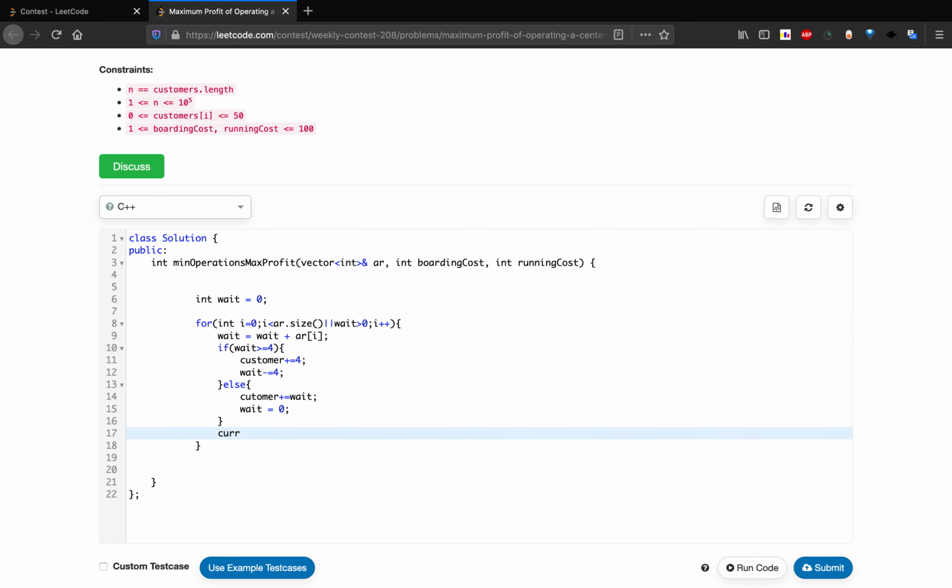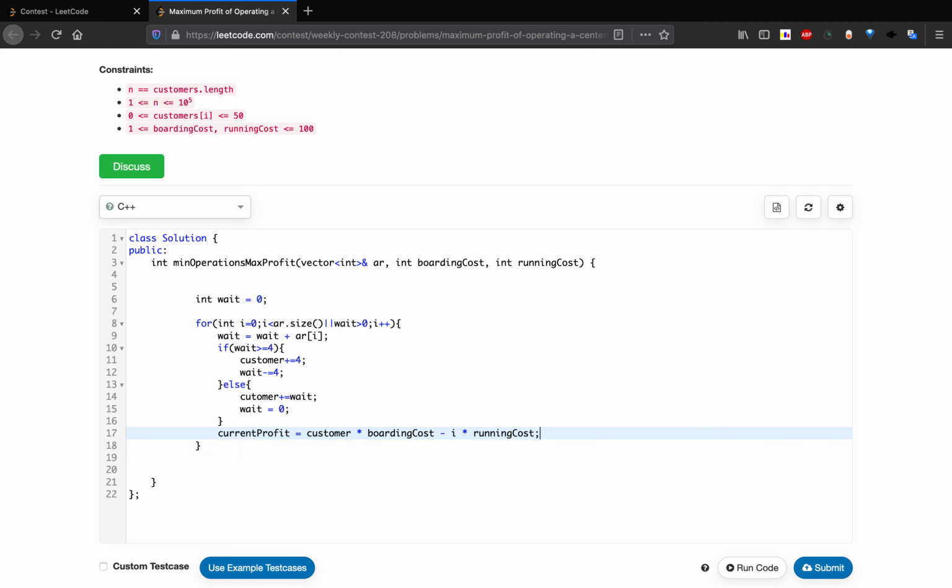Okay, and let's take the current profit we have till now. So current profit equals the number of customers we have into this boarding cost, minus this ith iteration into this running cost.